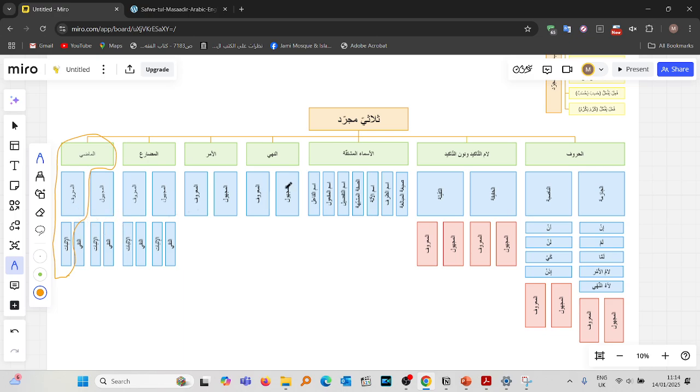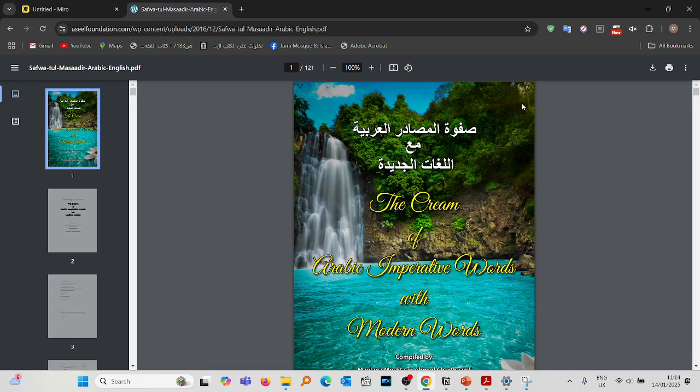What we're going to do is, this is the order that is essential when it comes to learning these conjugations. But we're going to skip this, this, this, and this for now. Then we only go up to here and skip this also, and this. So we're only going to focus on the Maldi Ma'ruf Isbat, Mudari Ma'ruf Isbat, Amr Ma'ruf, Nahi Ma'ruf, and Ismul Fa'il. The reason is that I want to start getting you to learn this book.